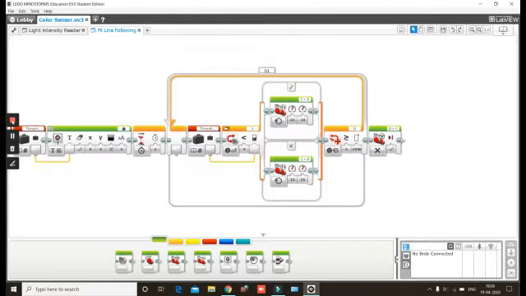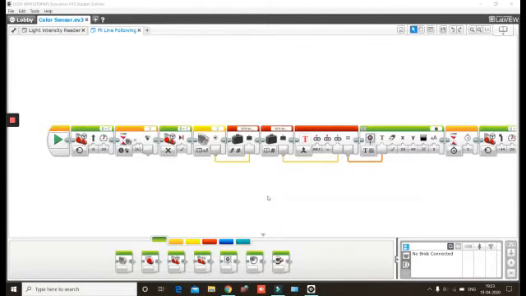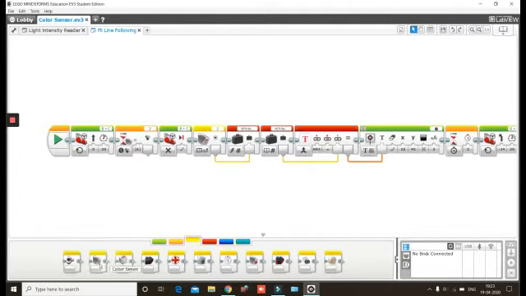Now let me explain the program. So first the robot goes forward until it detects white color, and then it stops, and then we use this color sensor block to read that reflected intensity, and it should be stored inside a variable.